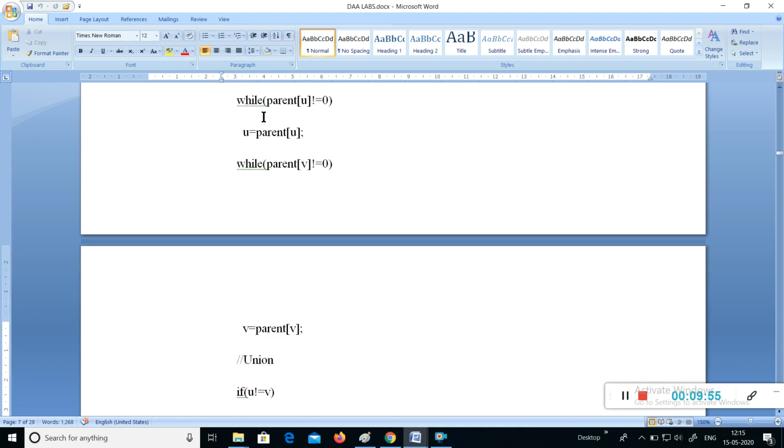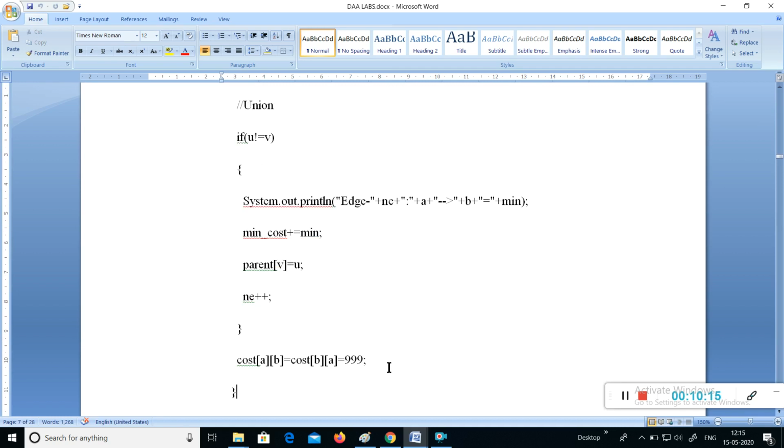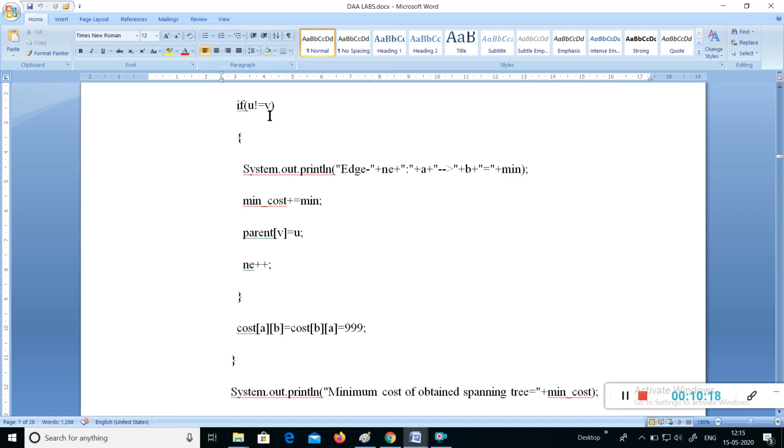Now next what we do is we run this while loop. What is u value? It is 1. You check whether parent of 1 is not equal to 0. Condition fails. We make parent of 1 equal to 1. Parent of 2 is not equal to 0. Condition is true. We make parent of 2 equal to 2. Right? When u is not equal to v, you see here, this is a logic which is going to assign the parent of one node to another node.